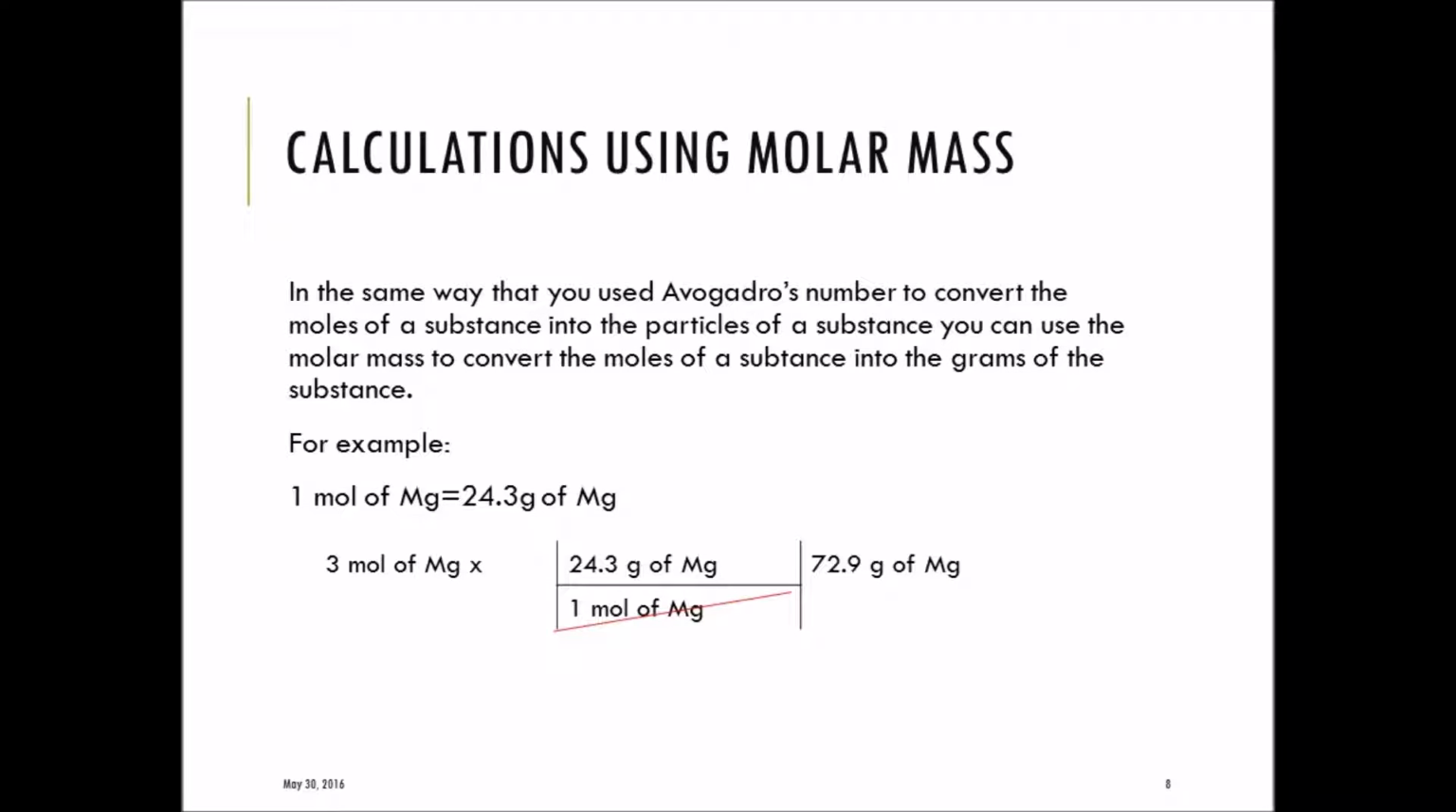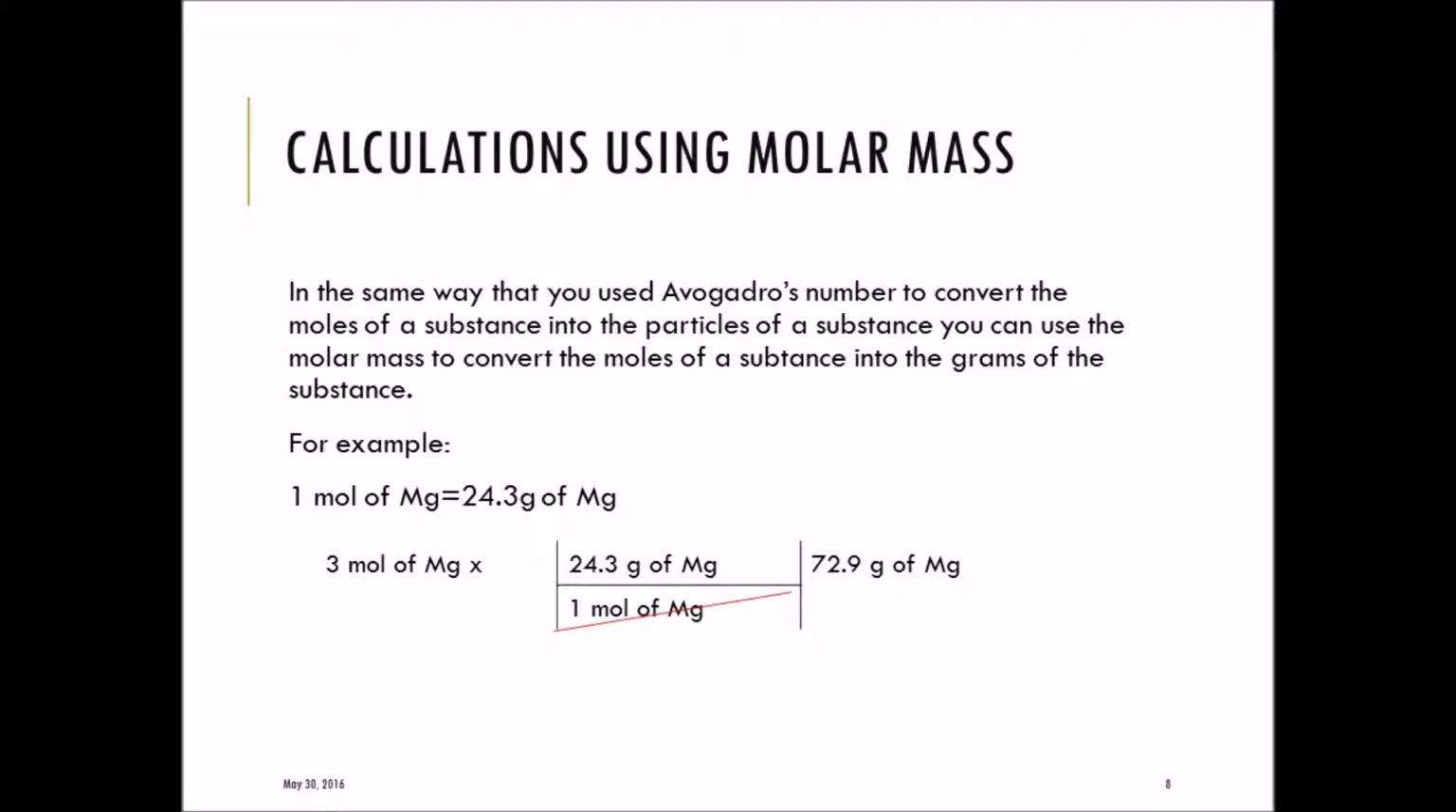Calculations using molar mass. In the same way that you use Avogadro's number to convert the moles of a substance into the particles of a substance, you can use the molar mass to convert the moles of a substance into the grams of the substance. For example, as shown in your PPT, 1 mole of magnesium is equal to 24.3 grams of magnesium. This number was obtained from the periodic table in your book,